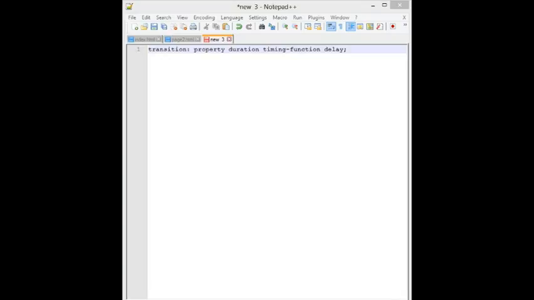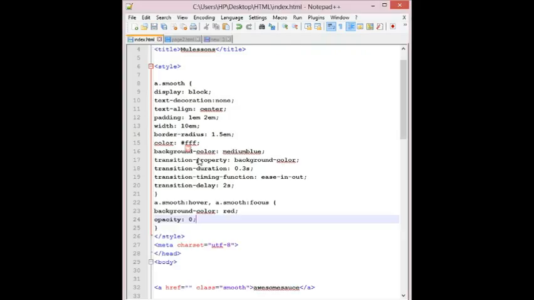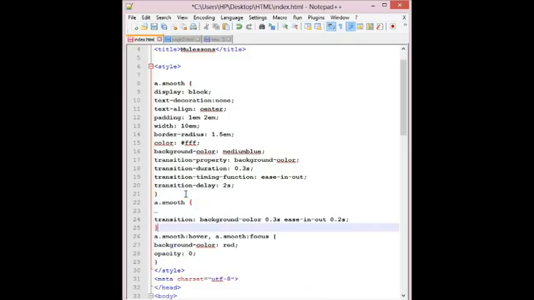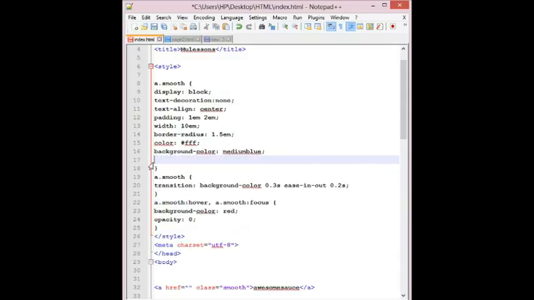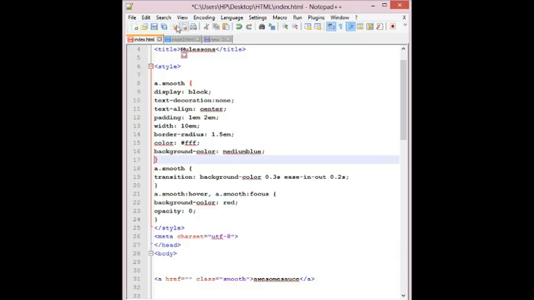Using the blue to red link example, the four transition properties we have applied so far could be combined into this one. You can just do it like this. I'll remove these properties from here. Now let's save it and see what happens in the browser.